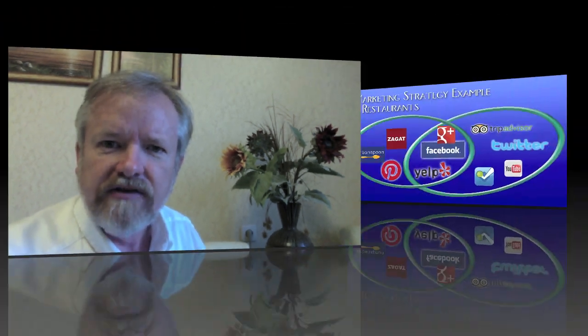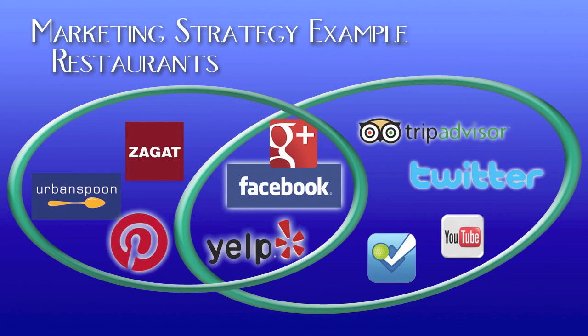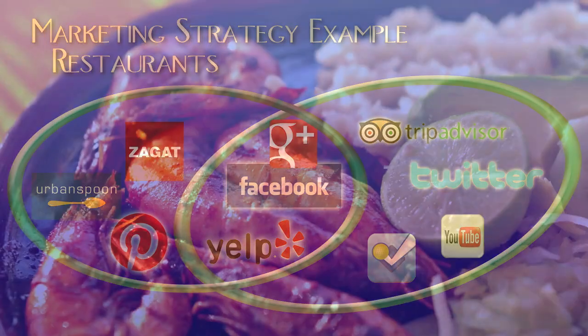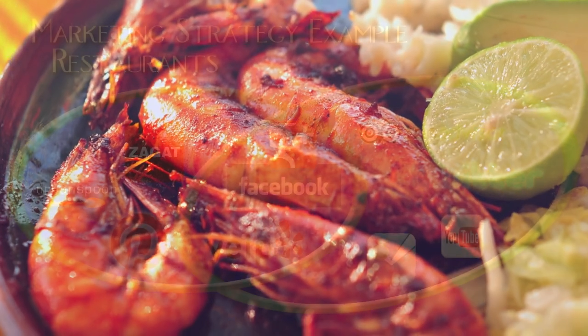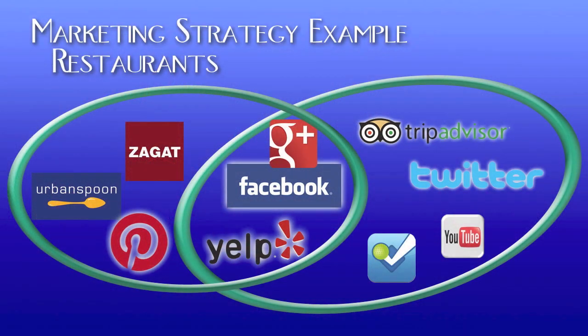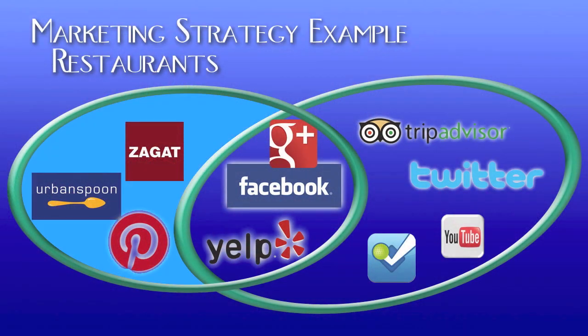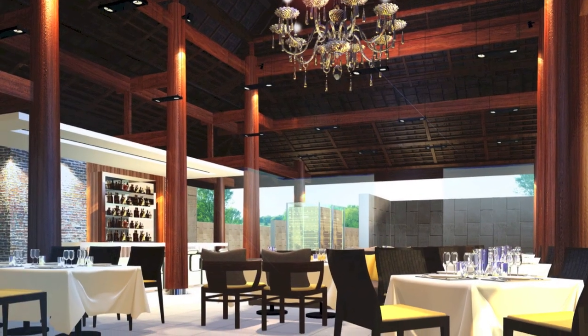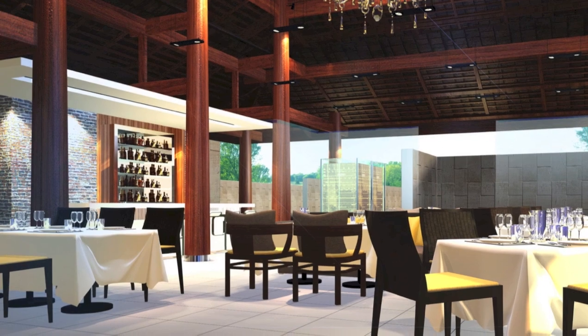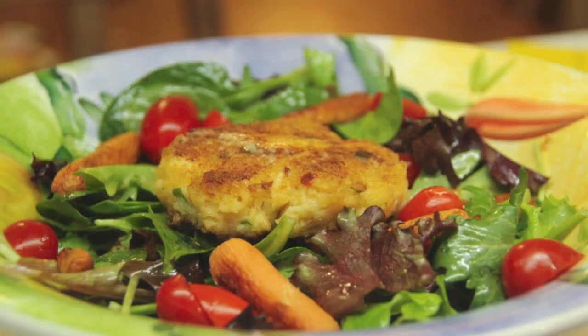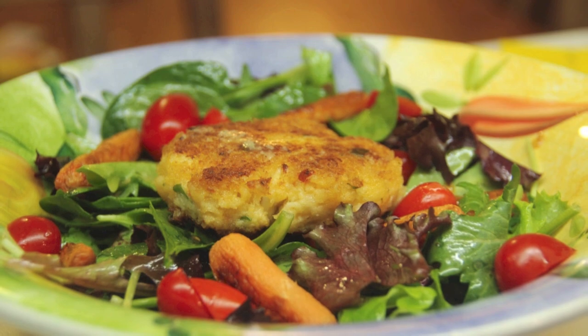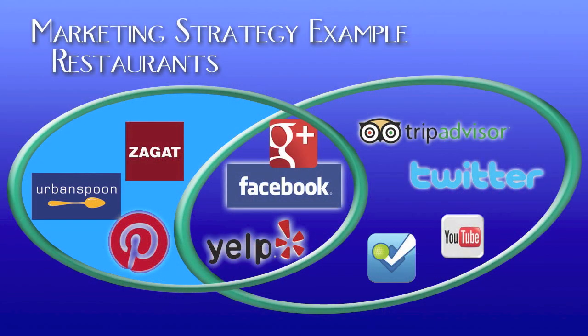Let's talk about restaurants. You'll notice we've used our rings again on our restaurant example, except this time the left-hand ring is for restaurants catering to foodies. On the right-hand side, restaurants that cater to tourists and a more general audience. Let's start with the foodies. Obviously, Urban Spoon is not a service the average person out on vacation is likely to consult. However, if you love food and you truly care about quality food, Urban Spoon is a good place to be. Zagat is where Google Plus gets their restaurant ratings, so you really probably want to go there.